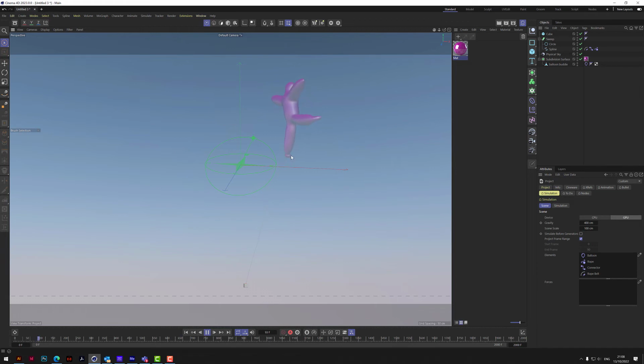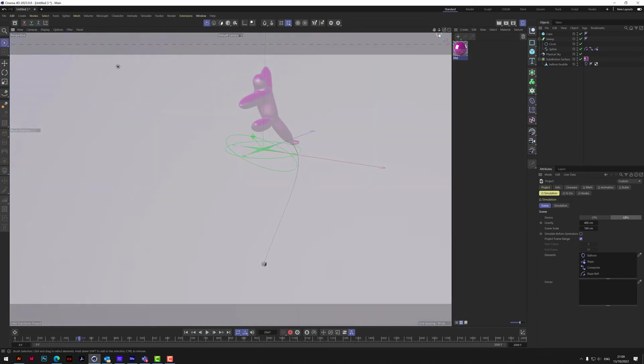Then that string is now nicely attached to his foot, and he's just going to be floating around in the scene, and the gravity being 400 plus is the opposite to gravity pushing you down to the floor. This is now pushing 400 up, so it's kind of lifting, it's giving you that sense of lift. Yeah, so it's like this character's got helium in there. So to make this